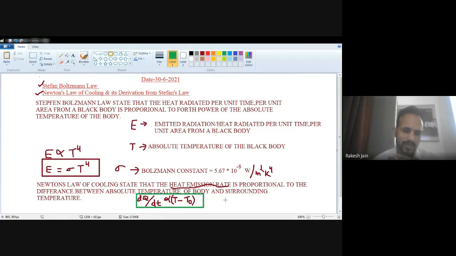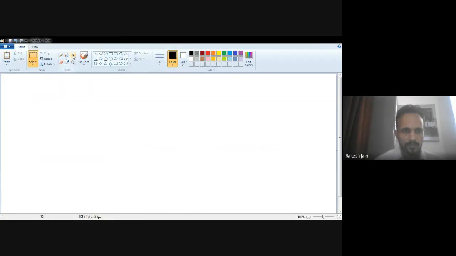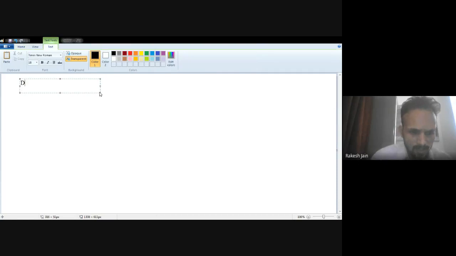Now we have to derive that dQ upon dt is proportional to T minus T0 with the help of Stefan-Boltzmann law. That's why it is written: derive the formula from the Stefan-Boltzmann law. So we just start this. Now we will derive Newton's cooling law from Stefan-Boltzmann law. So I just save this file and open a new page, whose topic name is derivation of Newton's cooling law